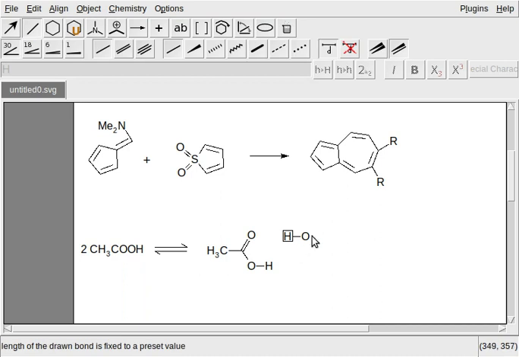Again, these single bonds to join them. This got disconnected. Need to connect, keep it connected.